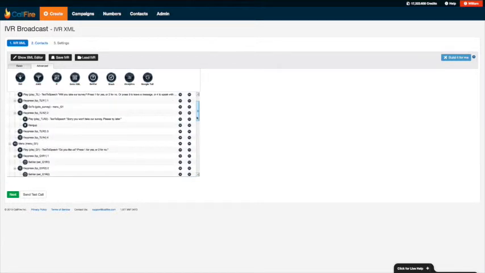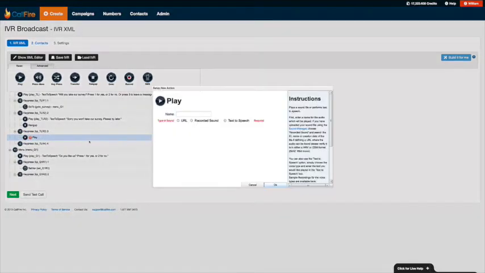Now, remember we had 2 other key presses that we hadn't fully defined yet, and that was 3 to leave a message or 4 to speak with an agent. So let's say we want to leave a message. We want to flesh out this key press TLR3. Well, the first thing we need to do is tell them how to leave a message. So we would take a play tag and make it a dependent of key press TLR3. Call it play TLR3. Use our text-to-speech, Roger, and